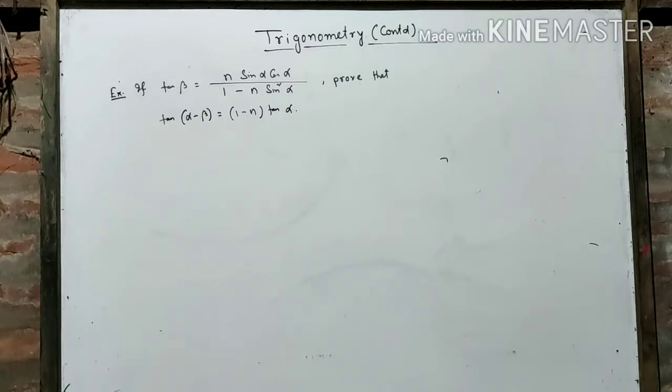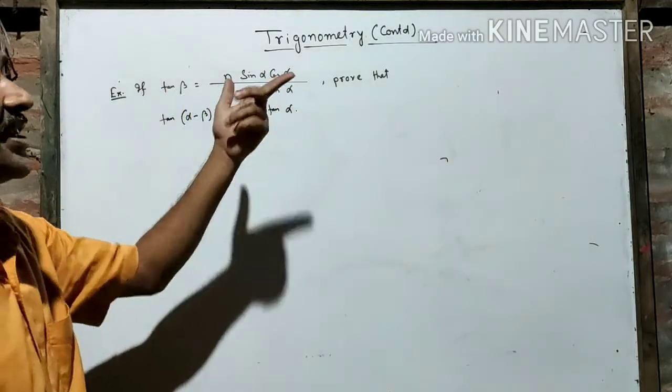So if you watch the question, in the given part, what is given? Beta is expressed in terms of alpha. Do you observe it? One side contains beta, one side contains alpha. We may understand this as beta is expressed in terms of alpha. And then in the show-that part, tan of (alpha minus beta) is equal to (1 minus n) tan alpha. That means you have to eliminate beta. Left hand side contains alpha and beta both, right hand side contains alpha only. That means you have to eliminate beta. So this given thing will help us eliminate beta.